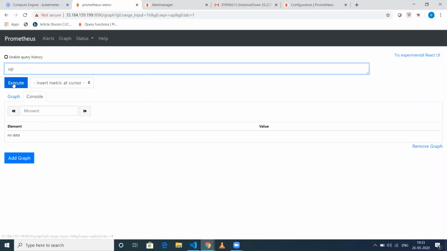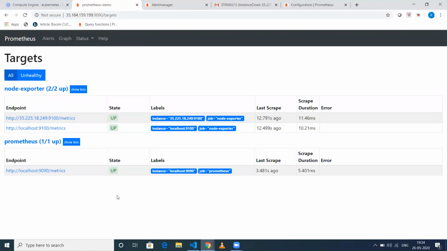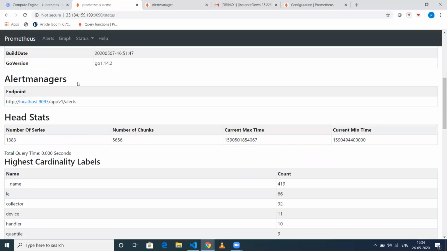will be able to see three targets, because I have three targets configured in my Prometheus. That's the reason. And if you see the value, everything is 1, 1, 1. If I go back to my targets, everything is up and running. That's the reason I'm getting 1 there. Okay. And also if I go back to runtime and build information, you can see my Alertmanager is